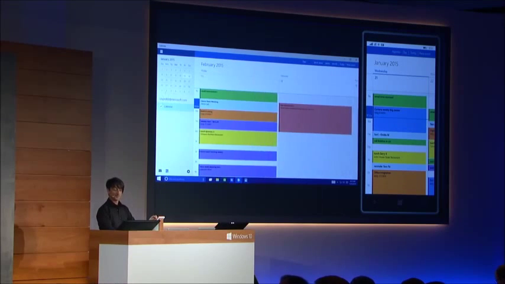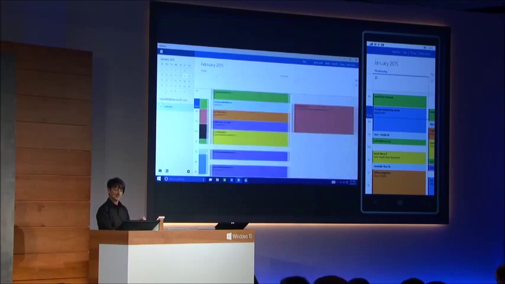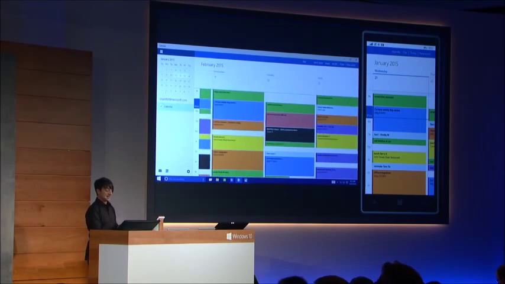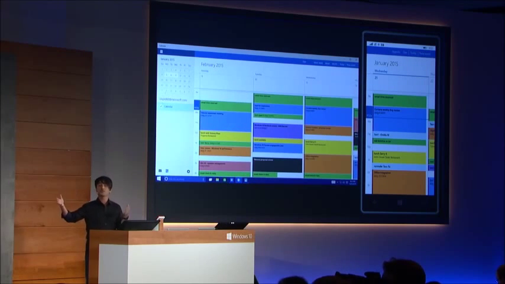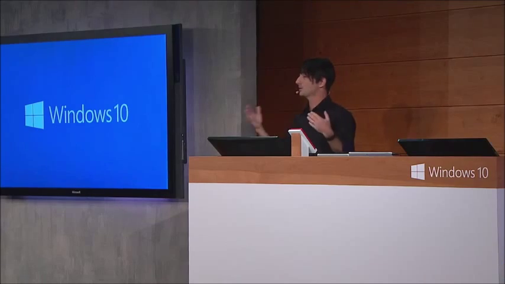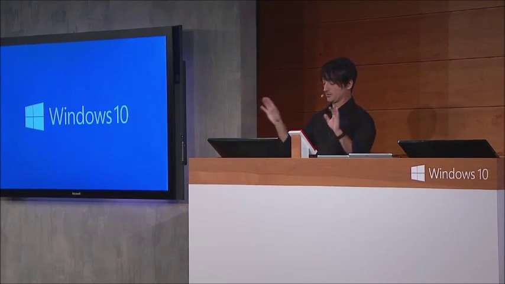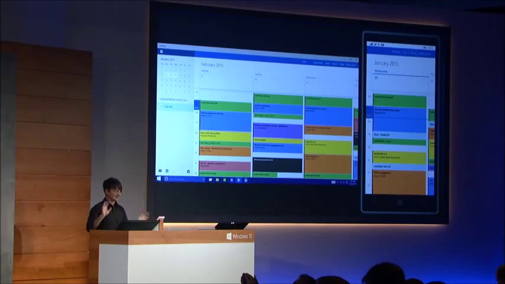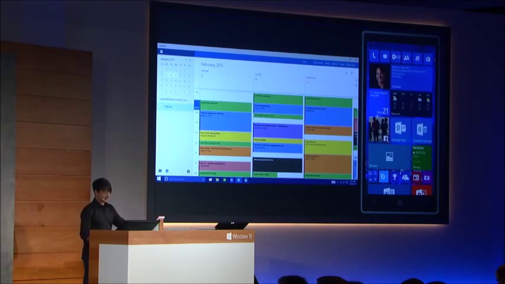I'm zooming in to pick the number of days that I want. I can go to a single day view, but on this screen that doesn't make sense. You'll see my appointments are categorized so that they show up in color on both devices. That's a quick look at calendar. Now, let me keep going, because we didn't focus only on sort of the apps that are kind of